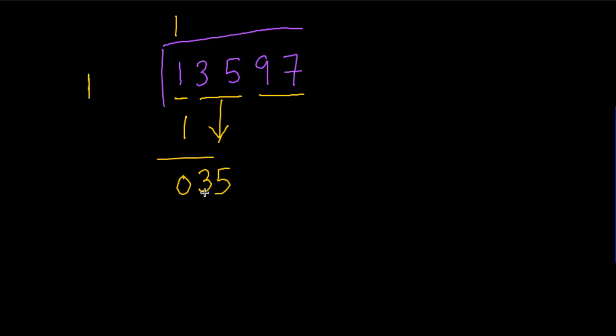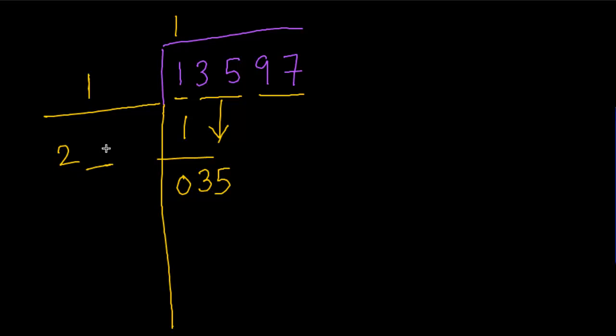Bring down 35. Now 1 plus 1. I have to extend this line a bit down. Now add this one to this one and it would form 2. So we got 2. Now we have to choose some number over here such that this number